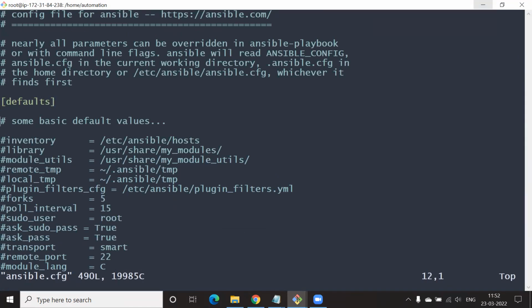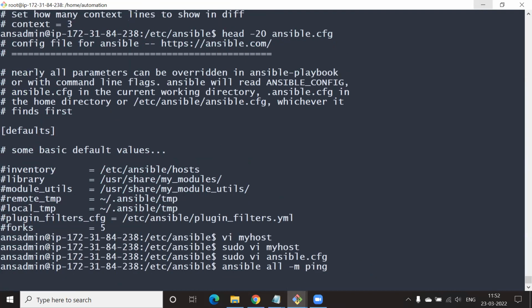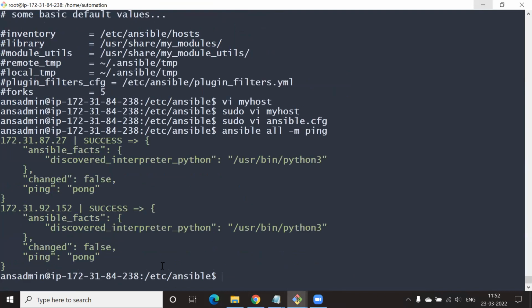Instead of hosts, just type in myhost. Cool. Okay. Now, one more time, ping all. Yeah, the first and second one are success.